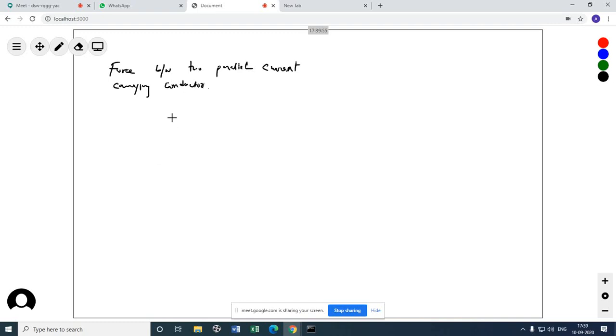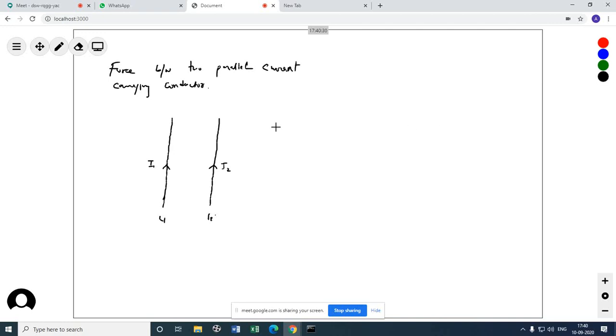Okay, so imagine I have two conductors here. This is one conductor, this is another one. They are carrying current. These two conductors, L1 and L2, are infinitely long. This wire and this wire, they're infinitely long. This is L1 and this is L2. Now, this is current I1 in the first conductor and this is I2 in the second conductor.